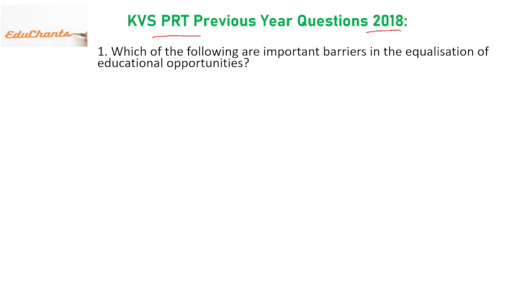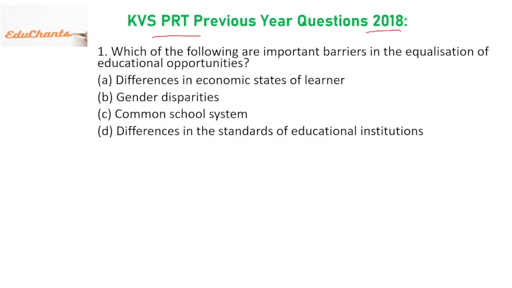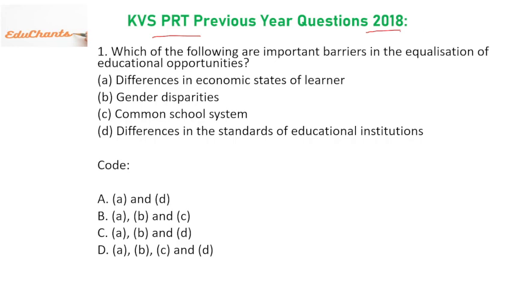Okay, the first question. Which of the following are important barriers in the equalization of educational opportunities? Options are differences in economic states of learners, gender disparities, common school system, differences in the standards of educational institutions. So there are certain codes given. You have to select the right pair of answers. Now see, along with the answers, we will analyze the answer and we will prepare for the 2023 examination. Now, barriers means obstacles, those who are acting as an obstacle or barrier in equalization of